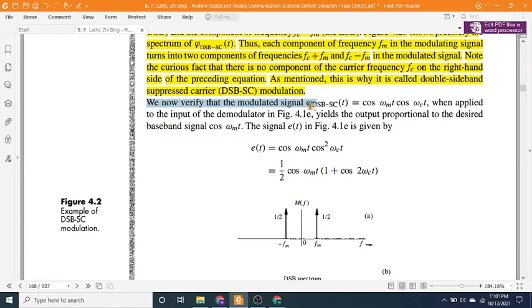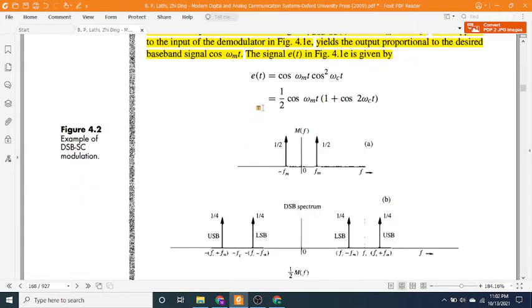We now verify that the modulated signal φDSB-SC = cos ωm t cos ωct, when applied to the input of the demodulator in Fig. 4.1a, yields the output proportional to the desired baseband signal cos ωm t. The signal e(t) in Fig. 4.1a is given by e(t) = cos ωm t cos² ωct